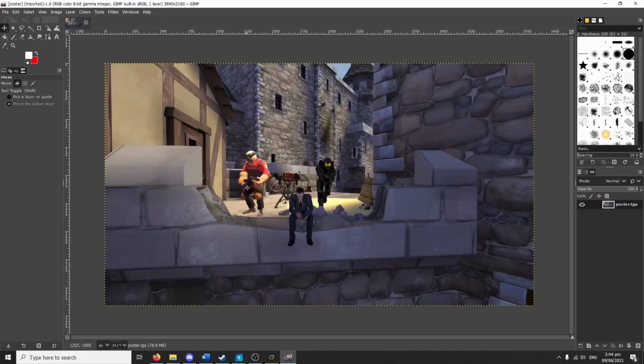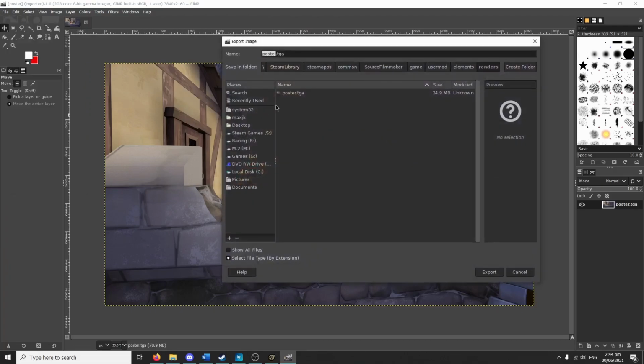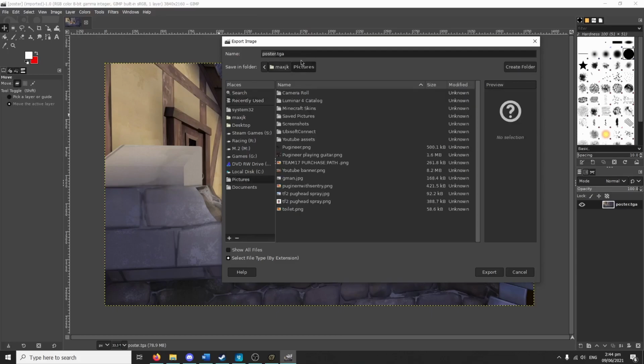But no, I don't want that at the moment. So if you don't want to do anything, then you just go File, Export As, and then I'm going to go to my Pictures folder. I'm going to save this as